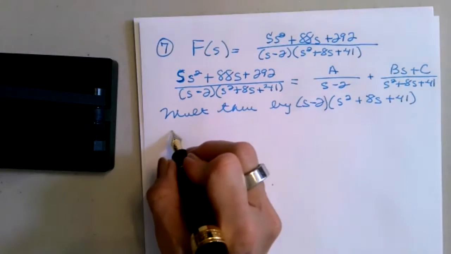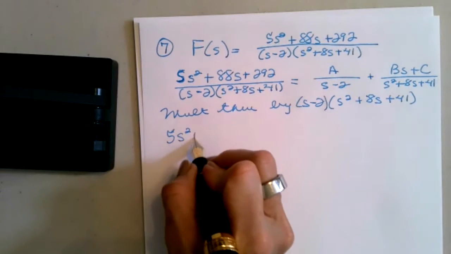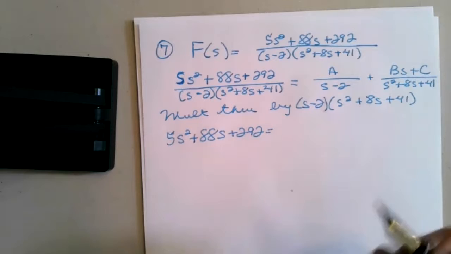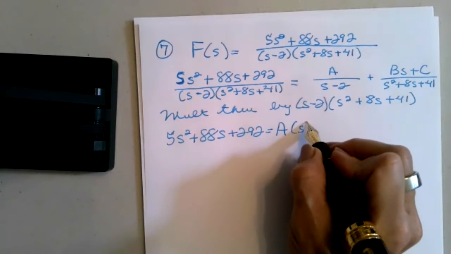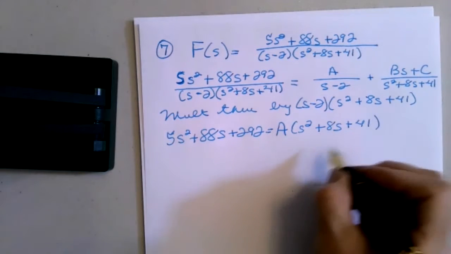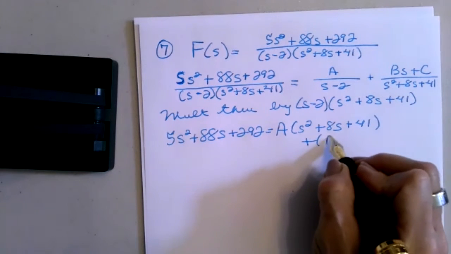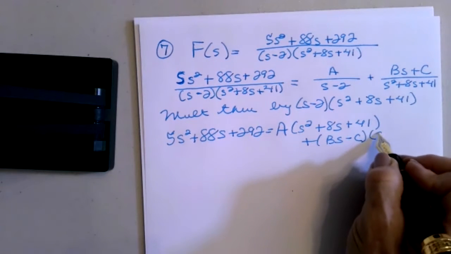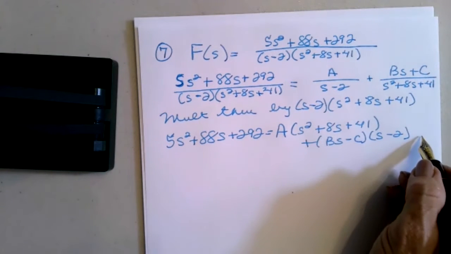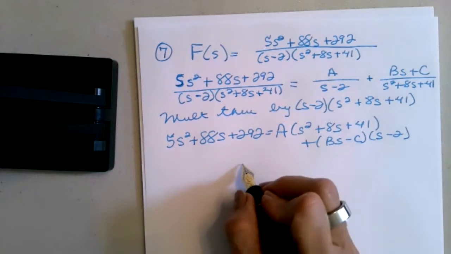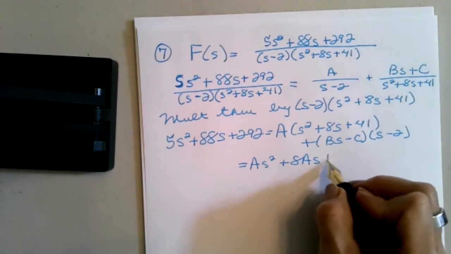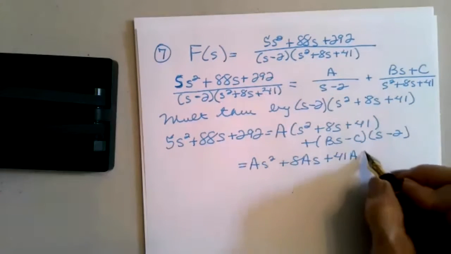That will give me on the left-hand side 5s squared plus 88s plus 292 equal to A times... Don't try to skimp on writing things out. These get messy and you need to see the stuff. Now we need to expand this right-hand side. So we get As squared plus 8As plus 41A plus